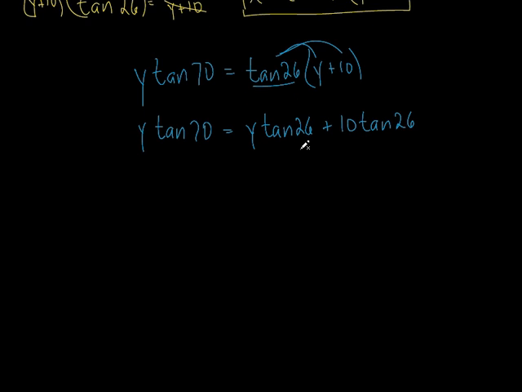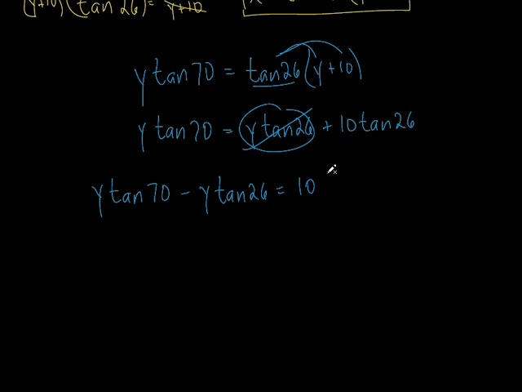Now look, I got y's all over the place. I got a y here, and I got a y here. What I want to do is I want to get the y's on the same side. So how am I going to do that? Well, this is just acting as one number. So it's being added, so I'm going to subtract it from both sides. Hopefully you follow along. Alright, so y tangent of 70 stays here. How do I get rid of this thing right there? Well, I subtract it from both sides. So, oops, almost put tangent. It's y tangent of 26 equals, I didn't do anything to that, so I'm just going to keep it,